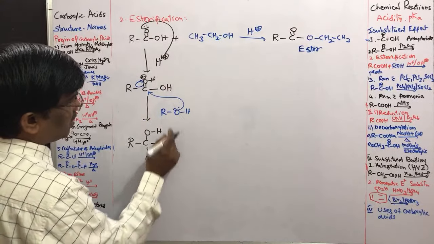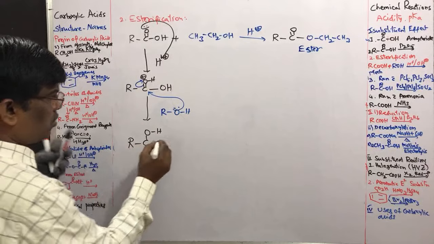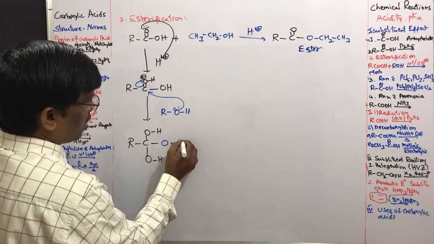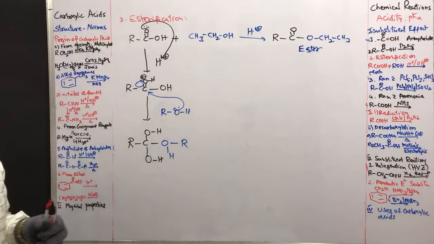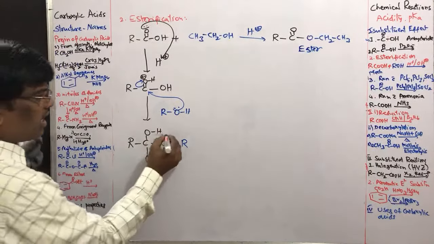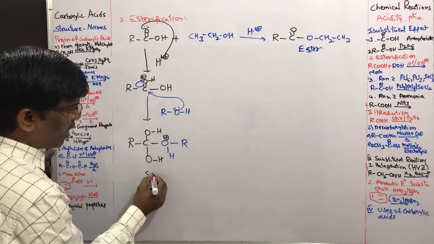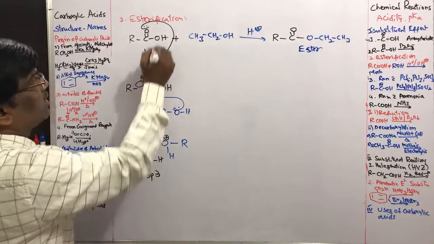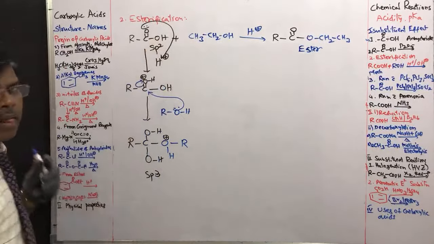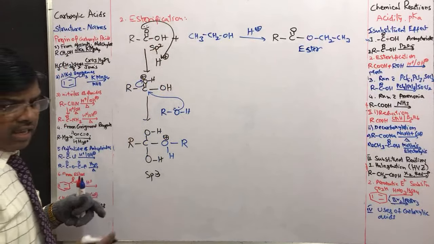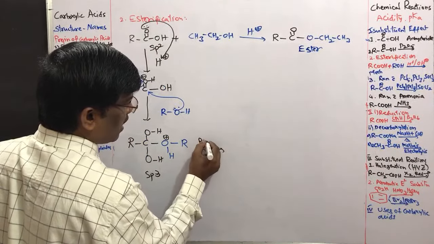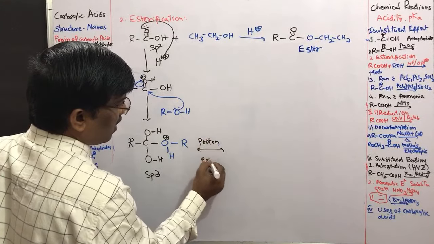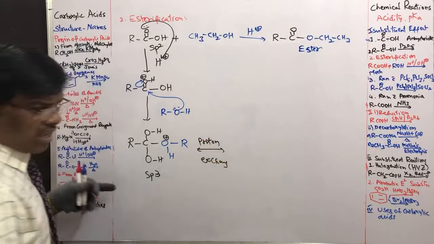Now O, R and hydrogen is here. Yes, so what is the hybridization here? It is sp3 hybridized carbon now, tetrahedral. This is sp2 carbon. This is sp3, and proton exchange takes place,